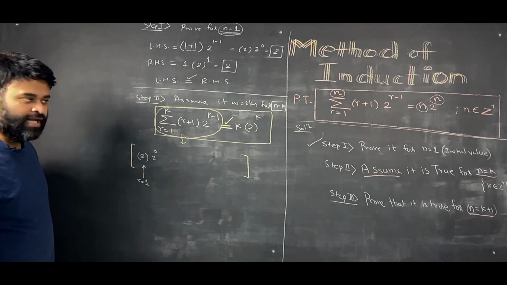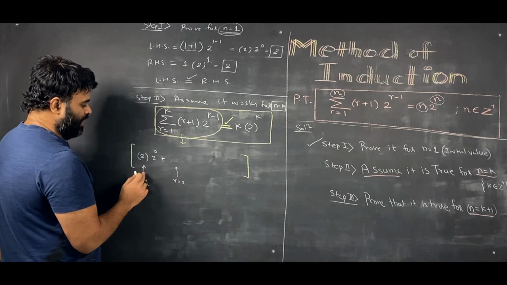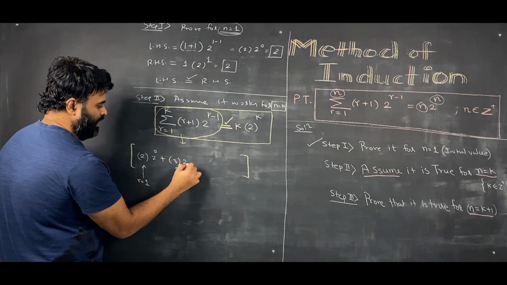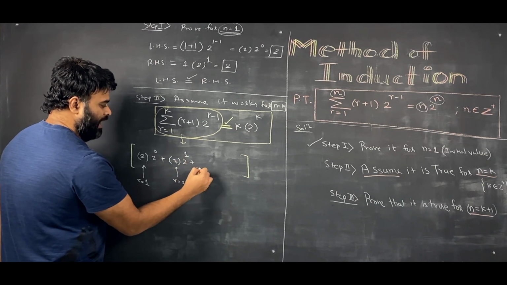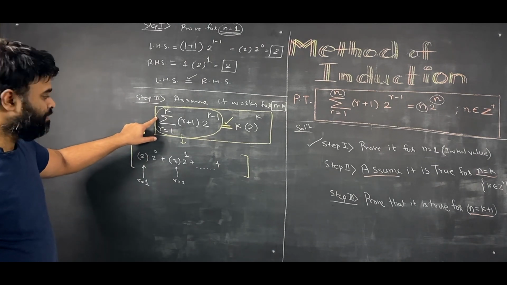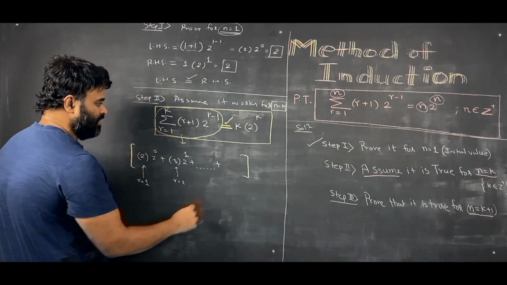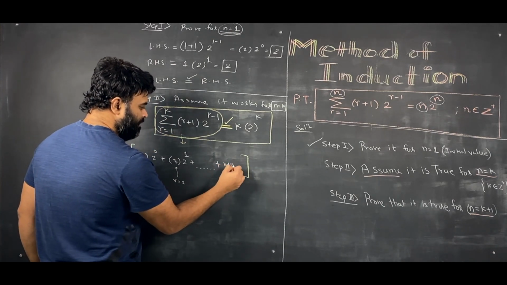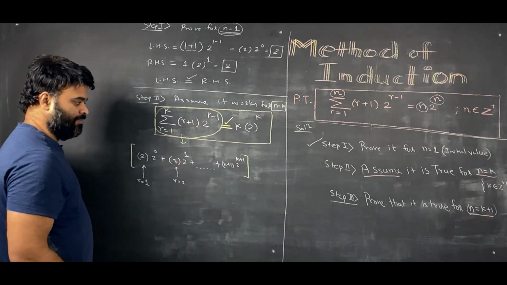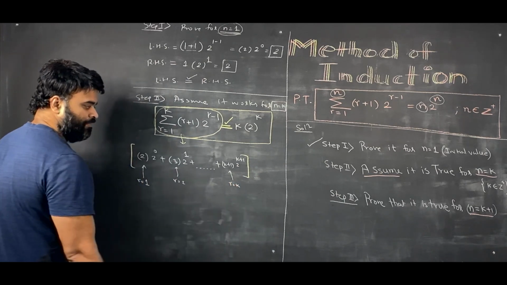Do you get it? Now next put r is equal to 2. Now when I put r is equal to 2 here, this is 2 plus 1, 3, and this is 2 raised to 1, and on and on and on. Tell me what will be the last value of this summation. Last value is r equal to k. So you put that here. This will be k plus 1, and this is 2 raised to r, which is k plus 1. Now this is what I got for r is equal to k.